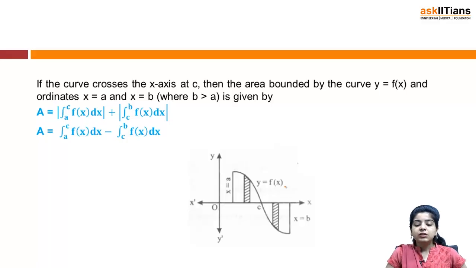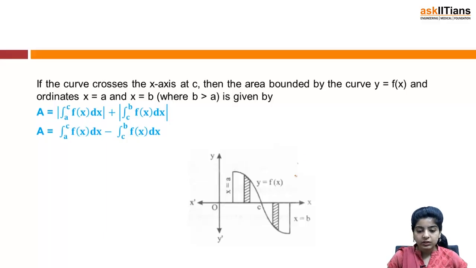Now you can have cases when the curve lies below the x-axis. Now if a curve lies in the downward direction, then the area would be negative, but area can never be negative, right? So how can area be negative? Obviously it cannot be negative. So what we will do in such cases is that we take the modulus sign with the formula so that the area is not negative, right? So if some part of a curve lies below the x-axis, then the area will become negative, and we know that the area can never be negative. So what we will do is we will put the modulus sign.